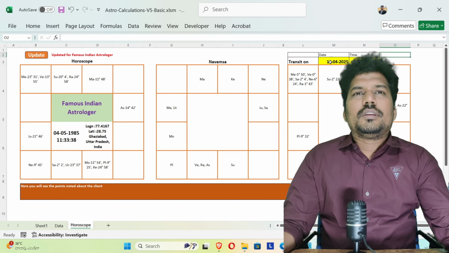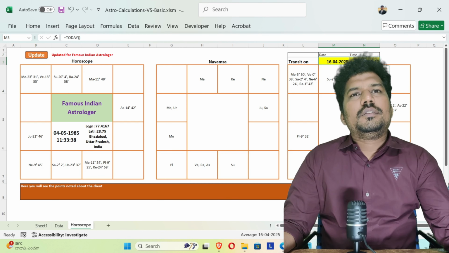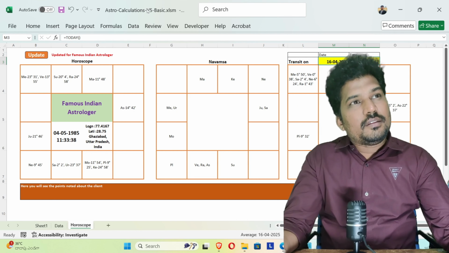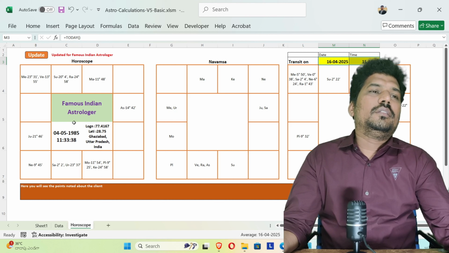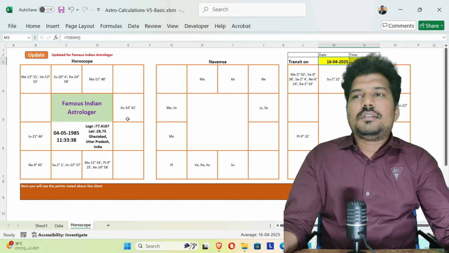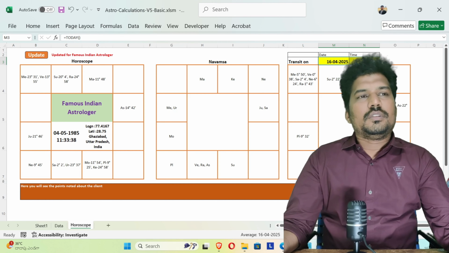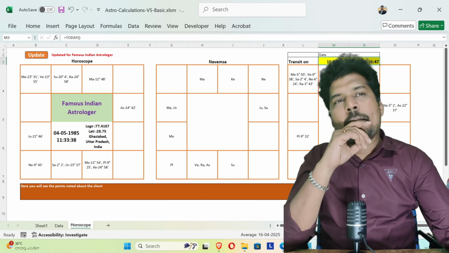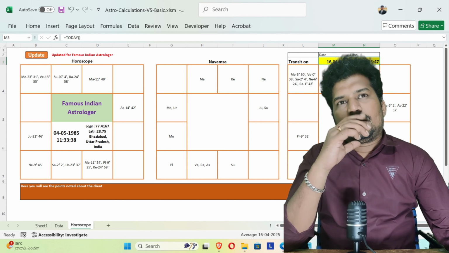Transit you can get as per the date you have mentioned here. If you don't mention the date, at the time when you are updating this horoscope, transit at that time will appear here.